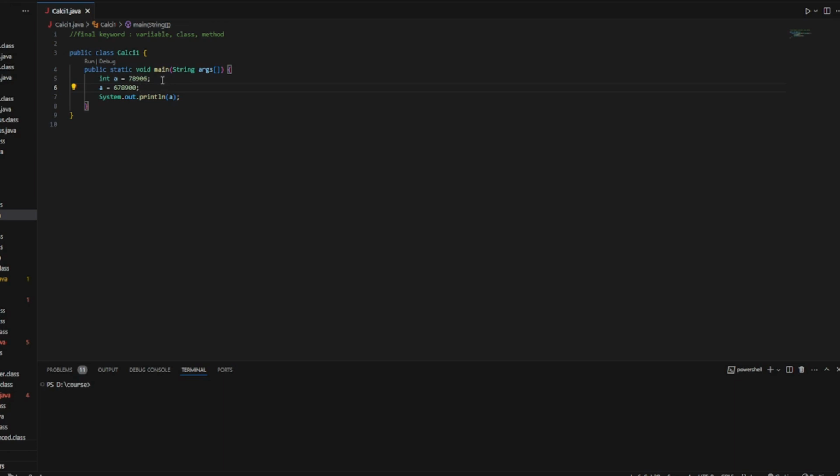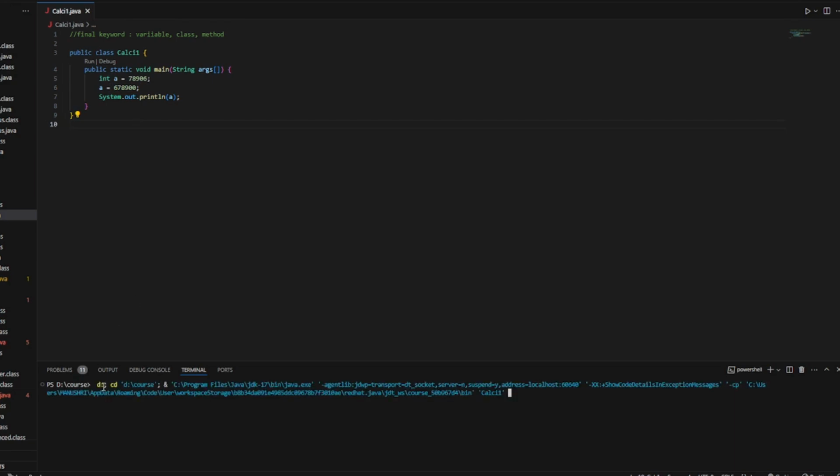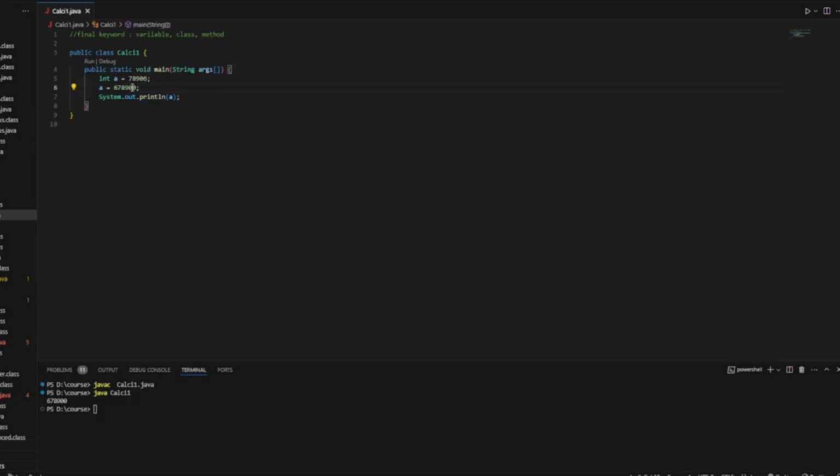Now let's say I'm storing a complex, sensitive password of mine in a variable, and I don't want anyone else to change it. But of course, the characteristic of a variable is to get changed, right? So if anyone intends to change this password into 67890, of course it gets changed. And if I try to print it, the changed password only will be shown, okay? Of course we cannot do anything because the characteristic of a variable is to change.